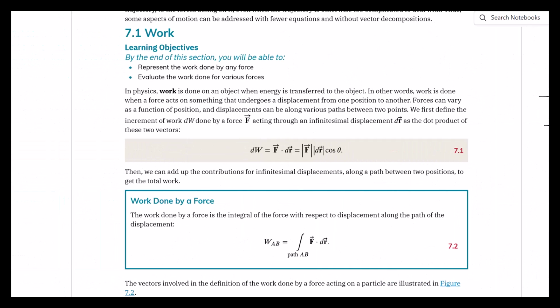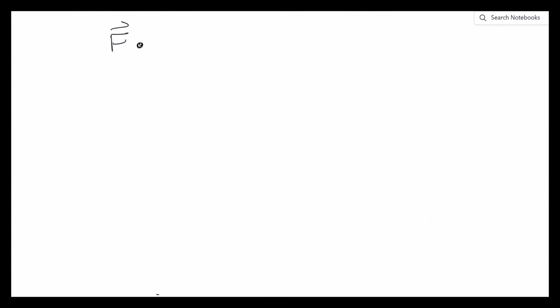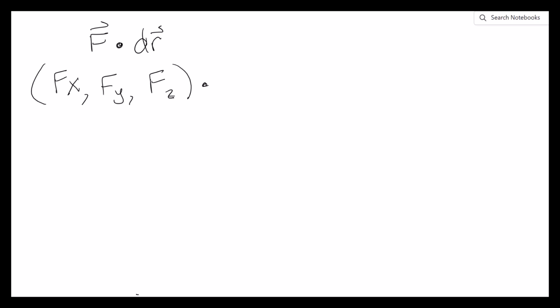So you're going to see F dot dr here. So this can be done on an itty bitty calculus level. And the reason we like the dot product is, if this F is the X component, the Y component, and the Z component of a force, and I dot it with the X component, the Y component, and the Z component of that r vector, then